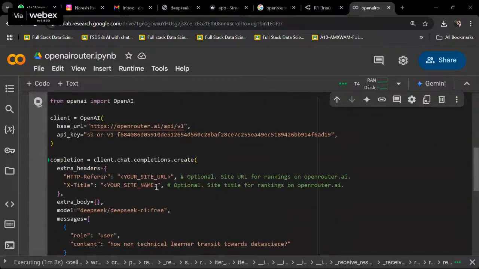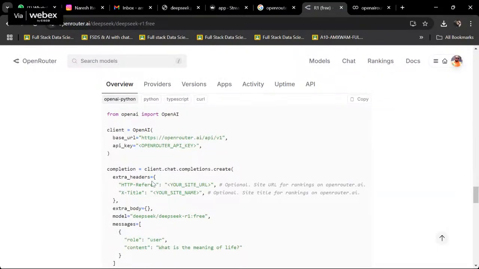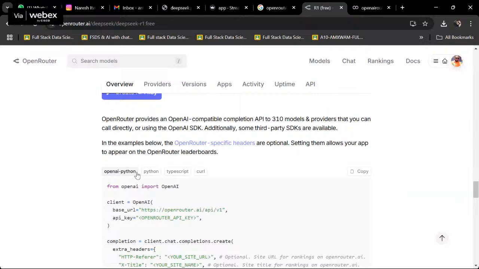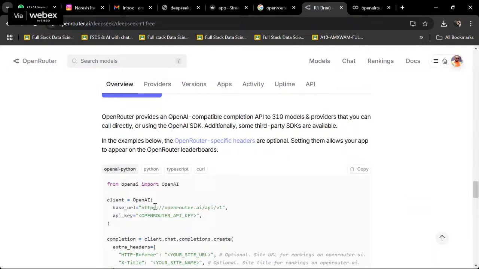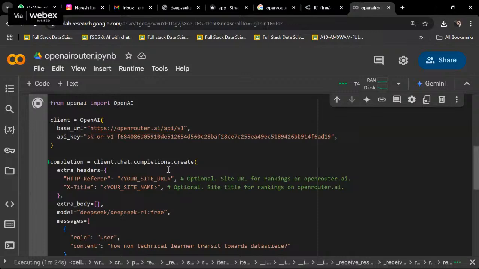Anybody got a response? Yes. Aditya, can you please tell which code you need to copy? If you go to the R1, Umesh, this one, OpenAI Python, just copy this code and paste it in the prompt, then the API key here, and it will work.